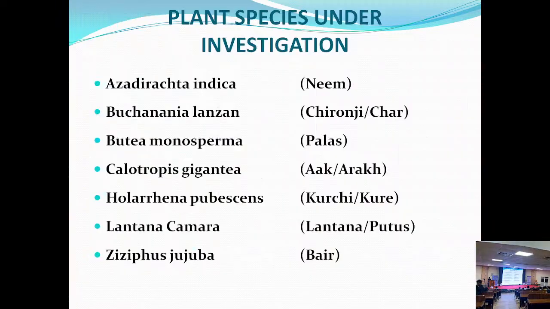Next, so these are the plants we have selected for our research. These are the scientific names, and on that side the common names. Generally these plants are available in that area, so we have selected these species. Next,